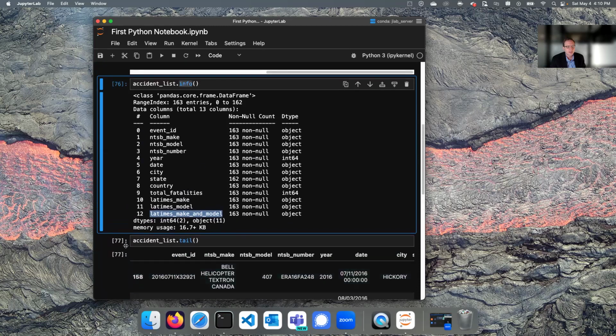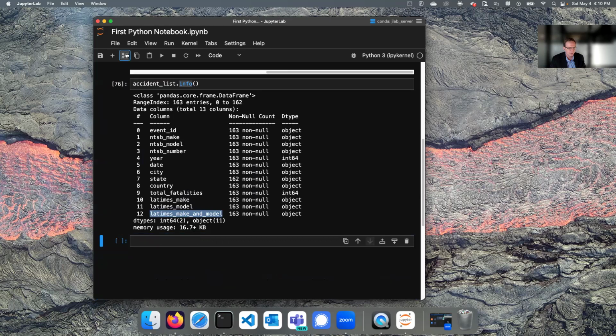So I'm going to go down to the bottom and I'm going to cut out this tail method with the X key or the clippers because we don't need it. And I'm going to try to get my hands on that column. So we start with our data table, which we saved in the accident list variable or whatever you happen to name it. And so if I want to pull out one of these columns, what I have to do is